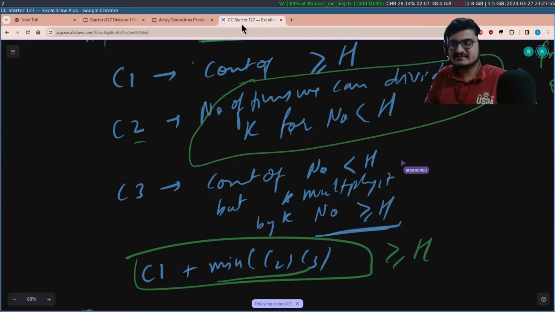So the third idea I had is: for all the numbers less than or equal to h, count how many times you can divide by k. And along with this, I also counted, for all the numbers greater than h, how many times I can keep dividing them by k as long as the number is still greater than h. And that would be my C2. C3 is always fixed: the numbers which I can multiply by k, which are not divisible by k, and if I multiply them by k, the number becomes such. So my solution is still C1 plus minimum of C2 and C3. At this point of time, this definitely looks like it works. But this also fails.